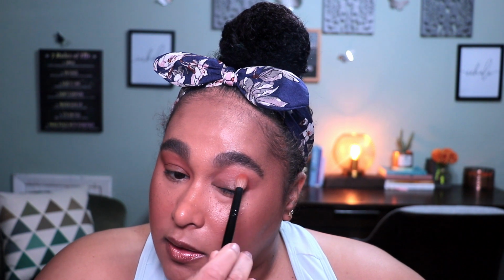I think this is a really, really nice color for the eye. Now, to me, I don't know if I necessarily would use it as a blush. I'm not really sure about that. It could be okay. I think it might warm my skin up slightly too much, but it might be okay more so towards the summertime where you're getting a little bit more warmth through the skin. So that's something I'll have to recheck at a later date. But right now, I think that it's working well as an eyeshadow,